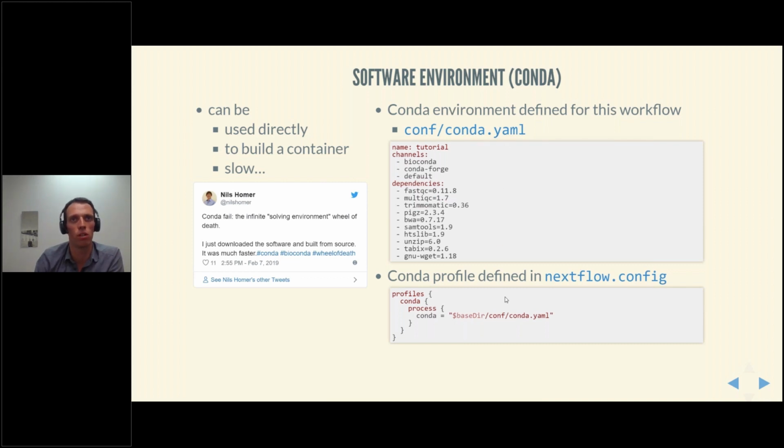But if you do like to use Conda, this is how you would define that in your Nextflow config. Essentially, it's really all there is to it, if everything goes well. You basically define where your Conda YAML file sits, and you define your Conda environment as you normally would.